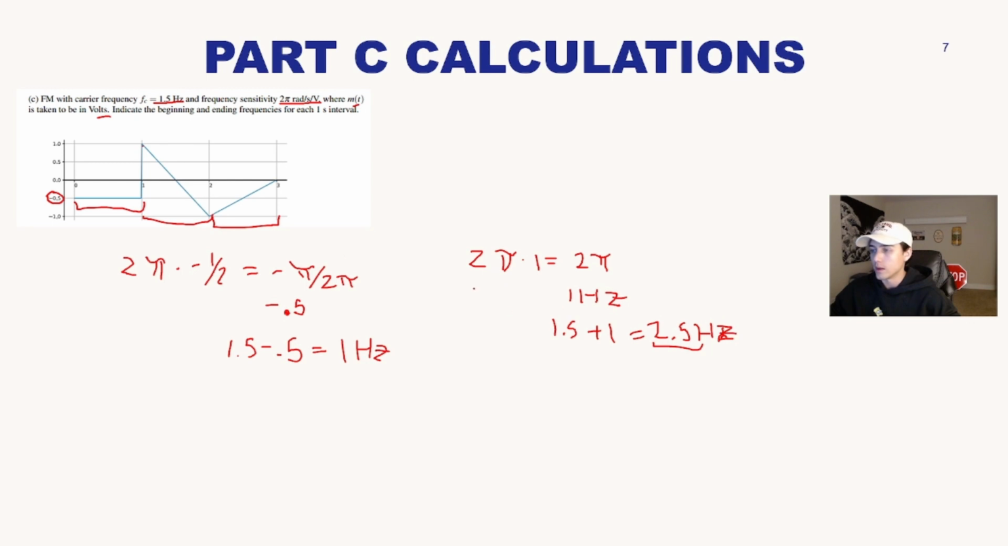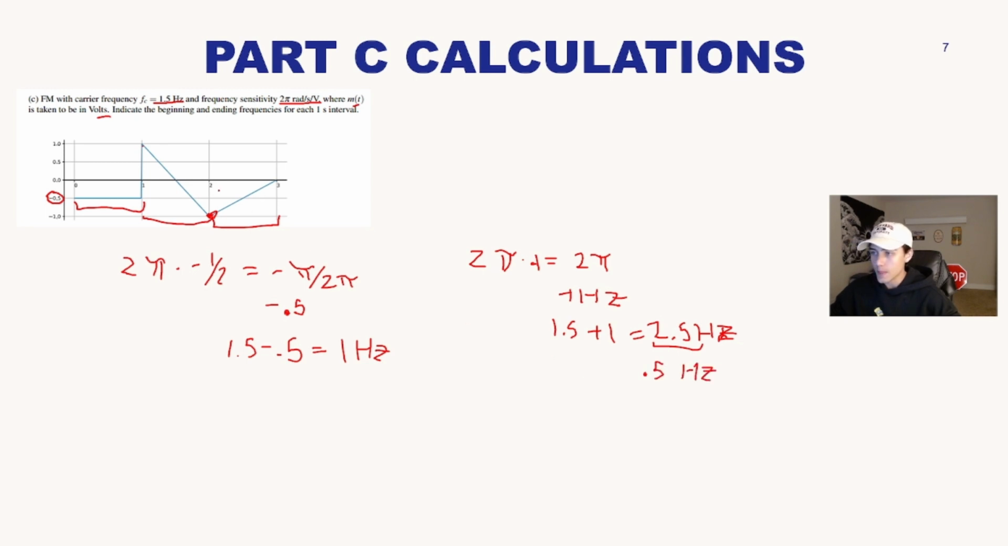Sorry. And then you can see that it goes to -1 here, right? Which, if you just make that, that's going to be negative 2 pi, which is going to be -1 hertz, right? And then that's going to mean that it's 1.5 minus 1, which is going to be 0.5 hertz instead. So it goes to 0.5 hertz,